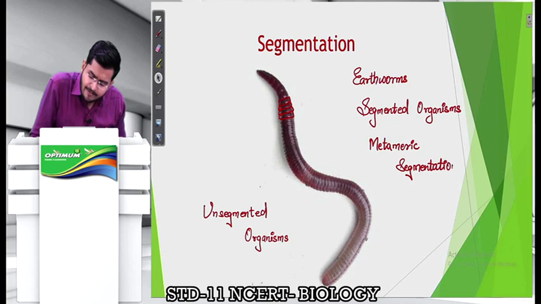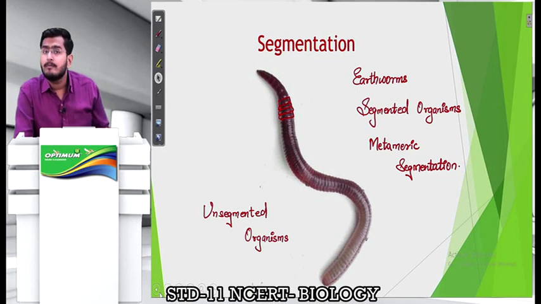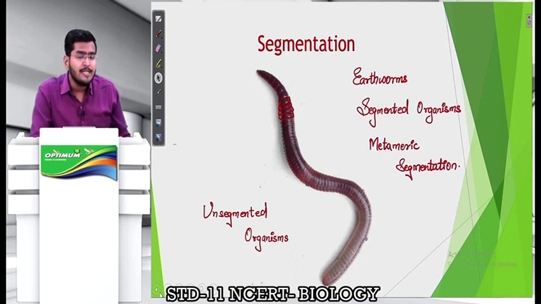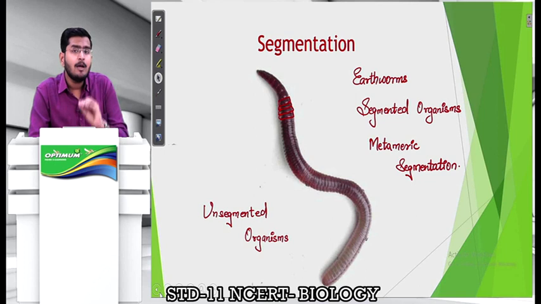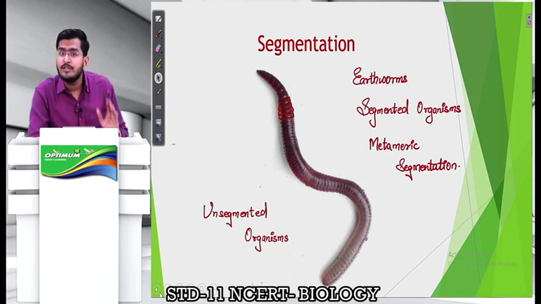Let me tell you that in case of earthworms, I can very clearly tell you which segment has which organ below it. This is basically possible because the external segment corresponds to the internal segments. So because of this arrangement, it is very much possible for me to say that below the 12th segment, I am probably going to have the ovaries, or below the 14th segment, I am going to have the testes. So it is very possible to predict what kind of organs are going to be present under which segment because of metameric segmentation, as the segmentation is not just external, the segmentation is also internal.